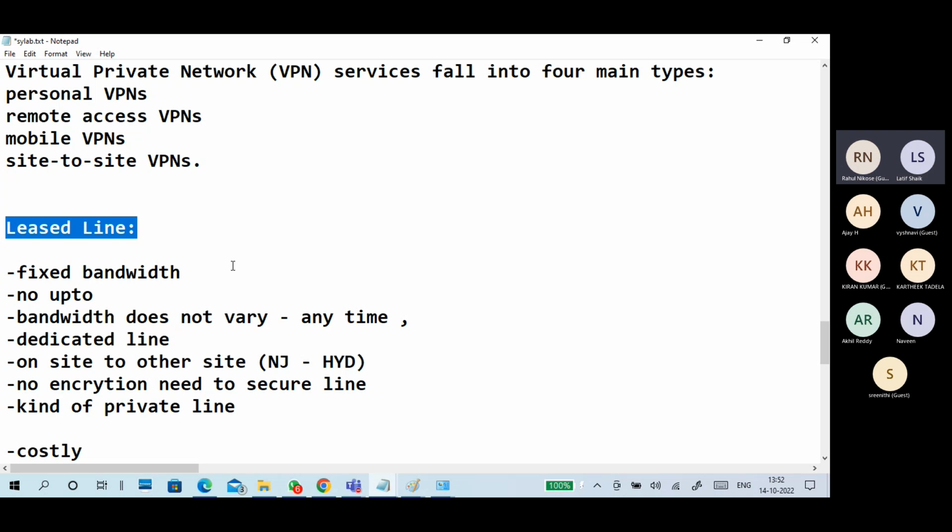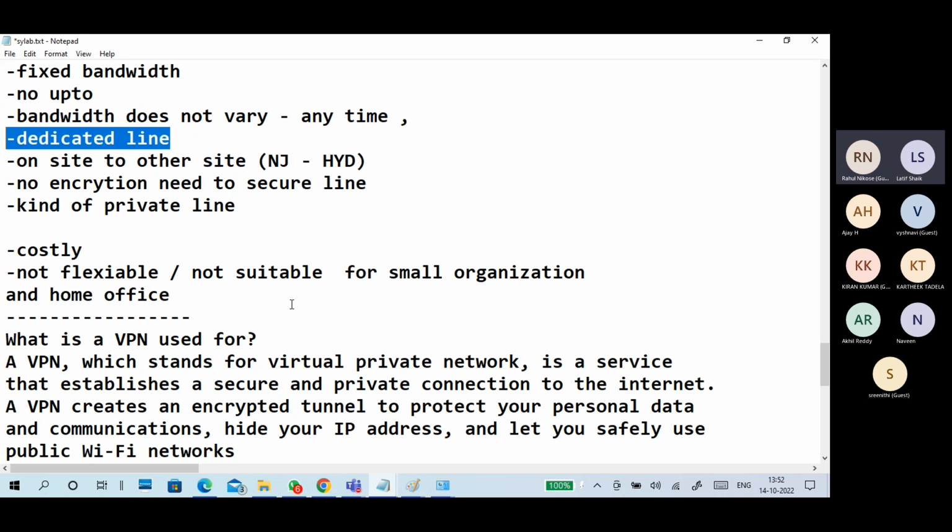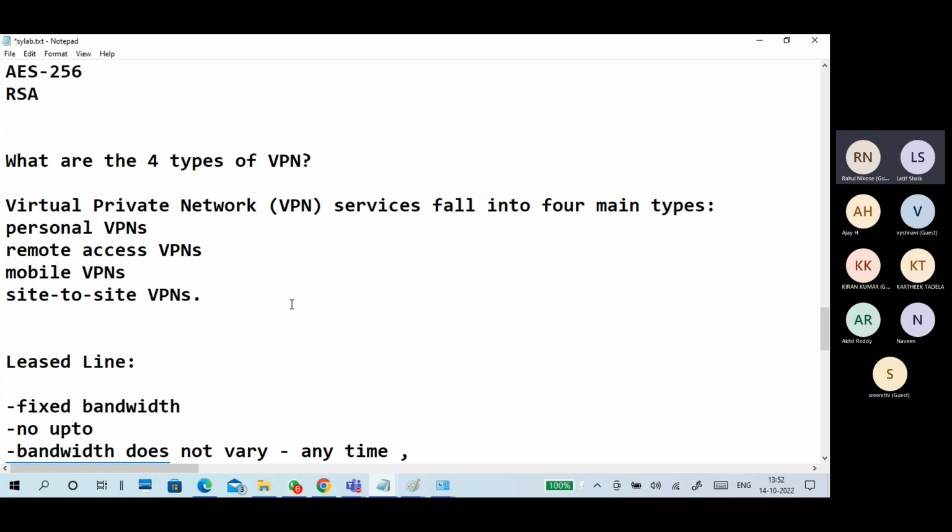A leased line is a dedicated line, only between two or three points, not anytime from anywhere access.